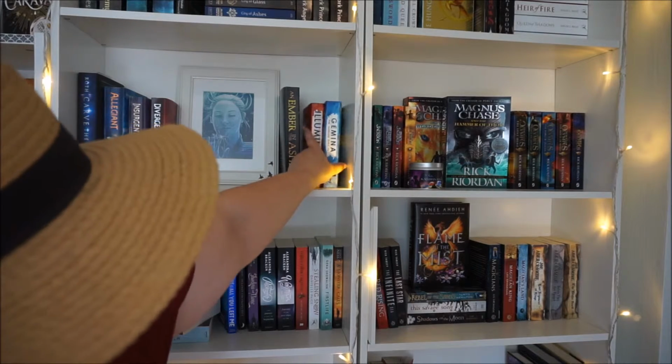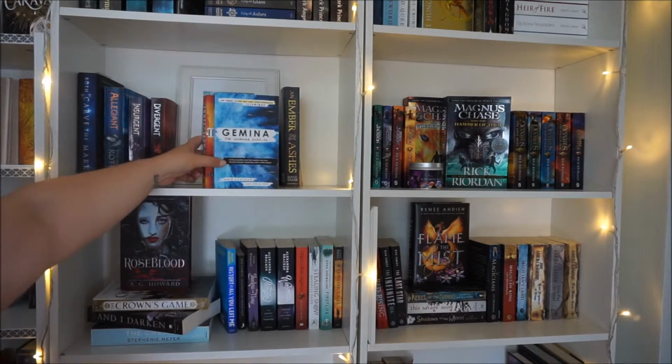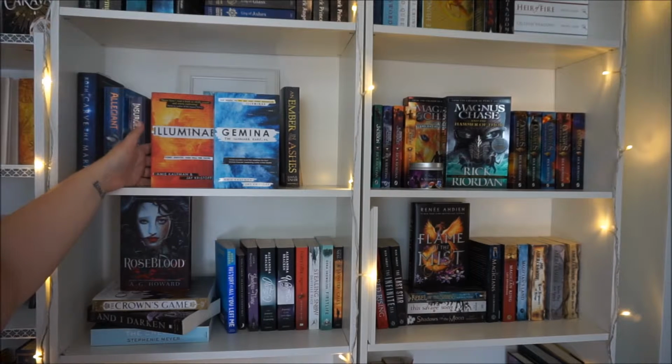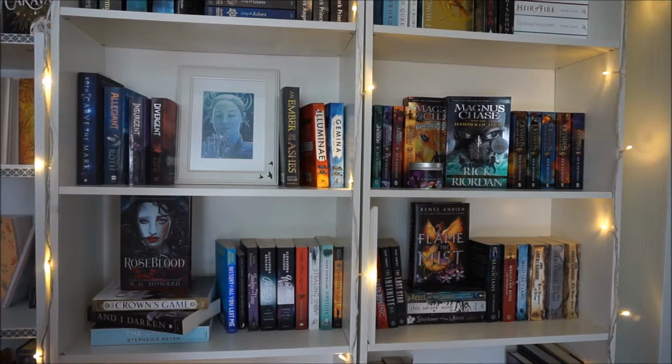Beside that we have Gemina and Illuminae by Amie Kaufman and Jay Kristoff. I love these books. Illuminae more than Gemina, really, but I think that they're so unique, and I can't wait for Obsidio to come out. Moving on to the other side, we have all of the Percy Jackson books, the Heroes of Olympus books, and the Magnus Chase books. We have Roseblood by